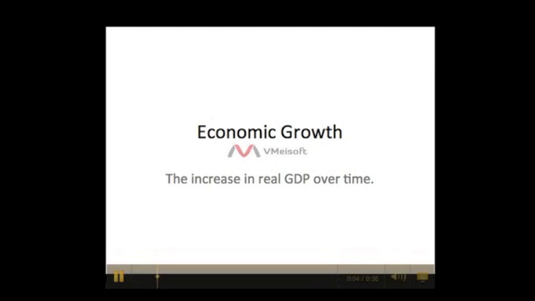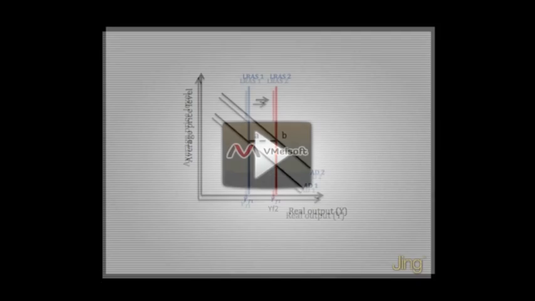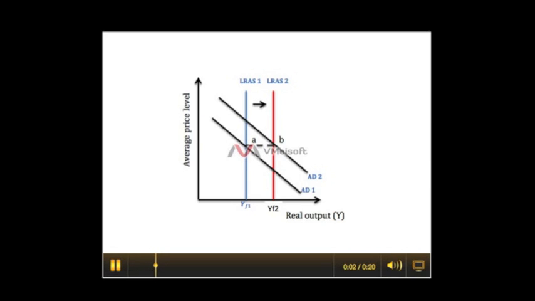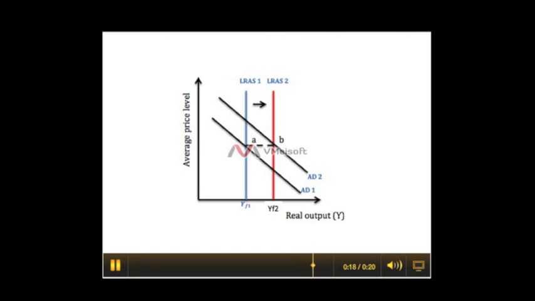Economic growth occurs when there's a shift of the PPC. This can happen when the AD is increased, and as a result the supply will increase. This will lead to an increase in output. From this graph, we can see that AD shifts from AD1 to AD2. In return, it increases the overall aggregate supply from LRS1 to LRS2, which increases the economy's overall output from YF1 to